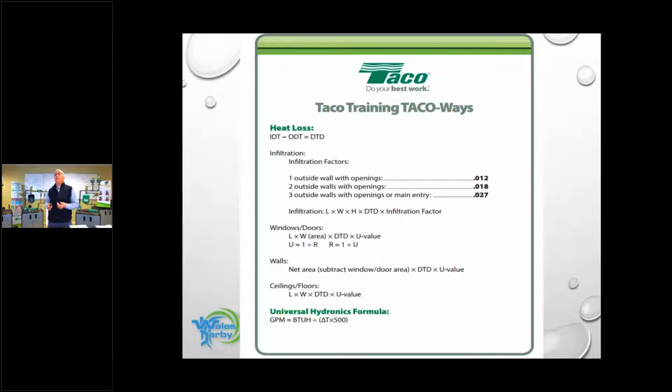So now we have to figure out infiltration. We have to figure out how much of a heat loss we're going to have in that room. So I need to know how many exposures this room has. How many outside walls does it have? It could have one. It could have